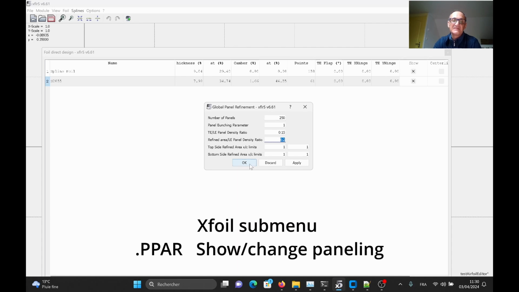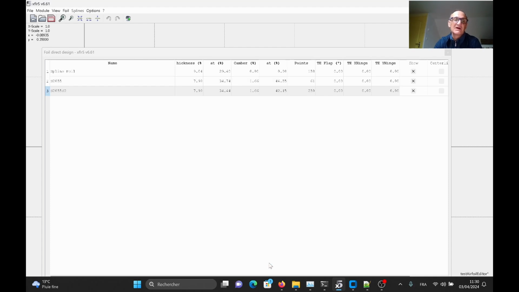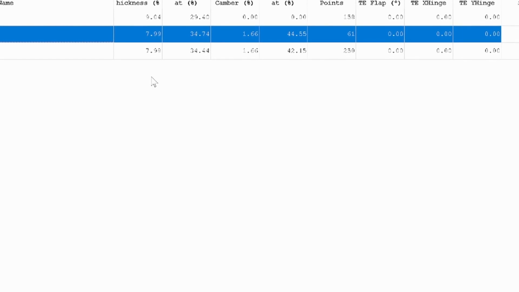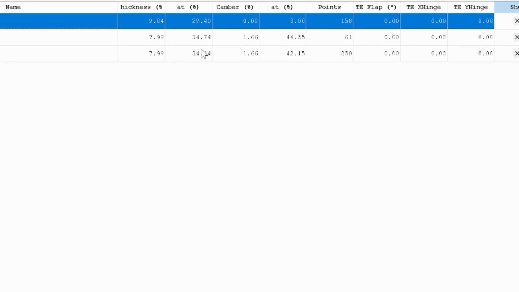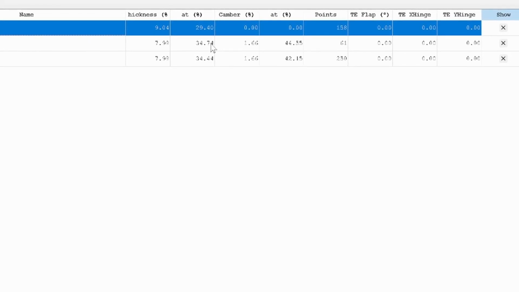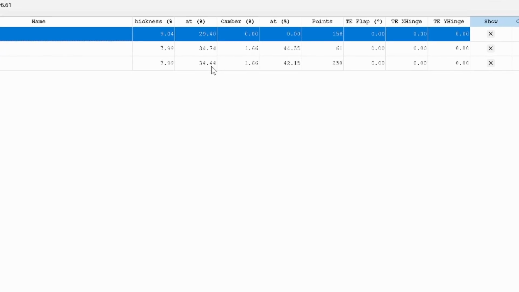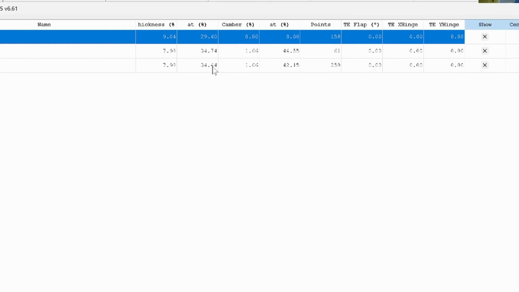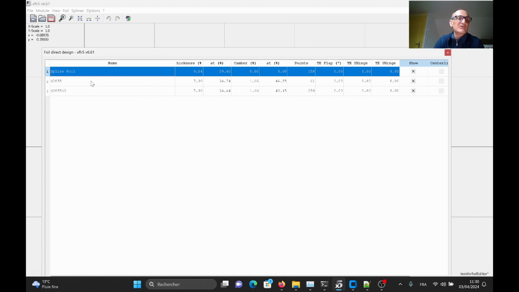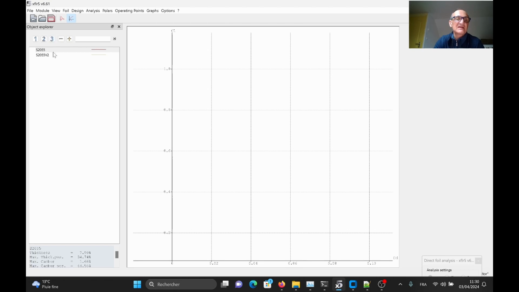We will say OK, and we will say version 2 for this one. Now we have 2 profiles, and you can start right now to see that there are some little differences. The location of the maximum thickness happens at 35.74, and for the new version it has changed a little bit, and it's the same for the camber. So I propose to simply make an analysis,